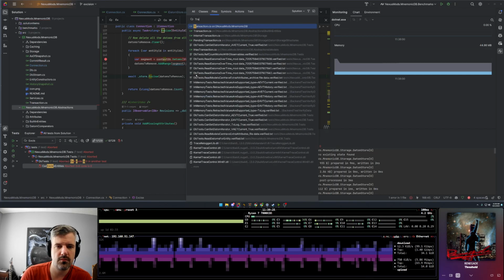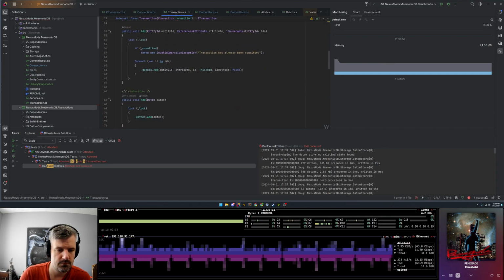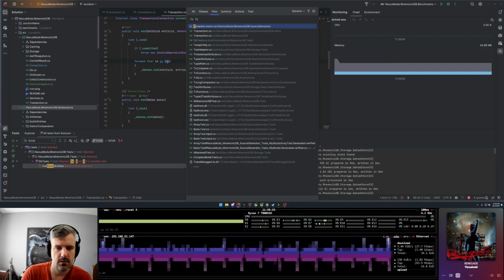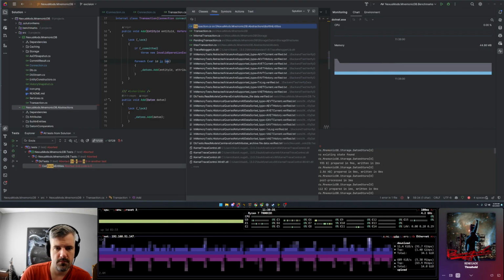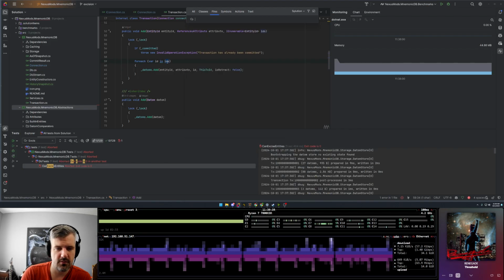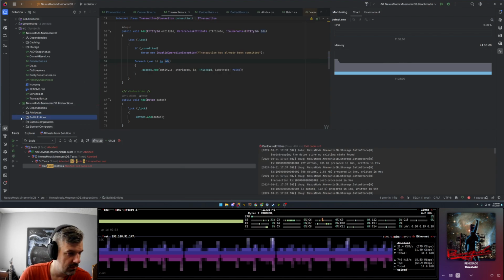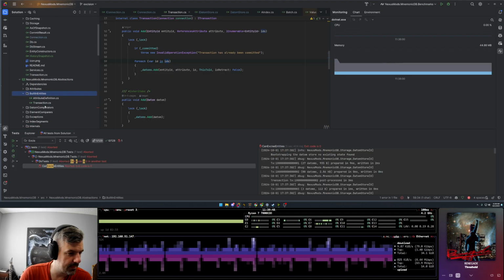So we do have transaction attributes, and I forget where I put those. And built-in entities.